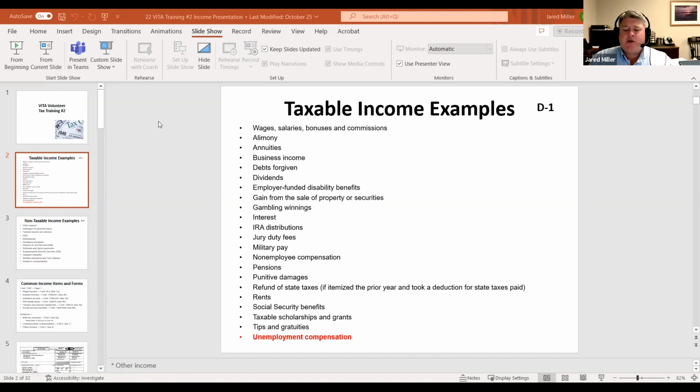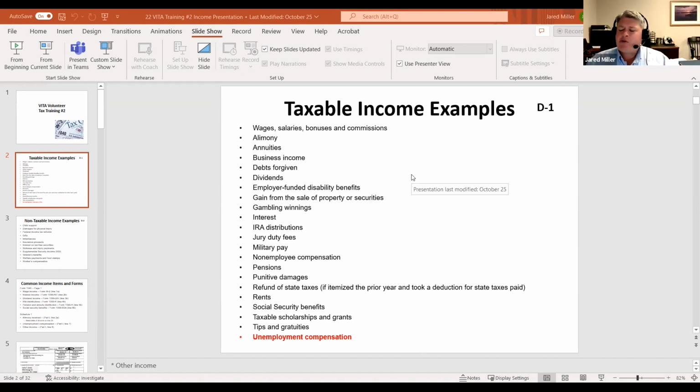So if an individual has gone through a divorce and is receiving alimony payments, those have traditionally been taxable. We've had a bit of a change in the past few years. So depending if they've had a recent divorce, alimony may not be taxable. But if it had been taxable in the past, it probably will remain taxable unless there's a significant modification to alimony. So if an individual has had alimony income in the past, and we don't see it this year, we may just want to ask the taxpayer to make sure: did they receive any alimony, or are there any changes in their alimony structure?